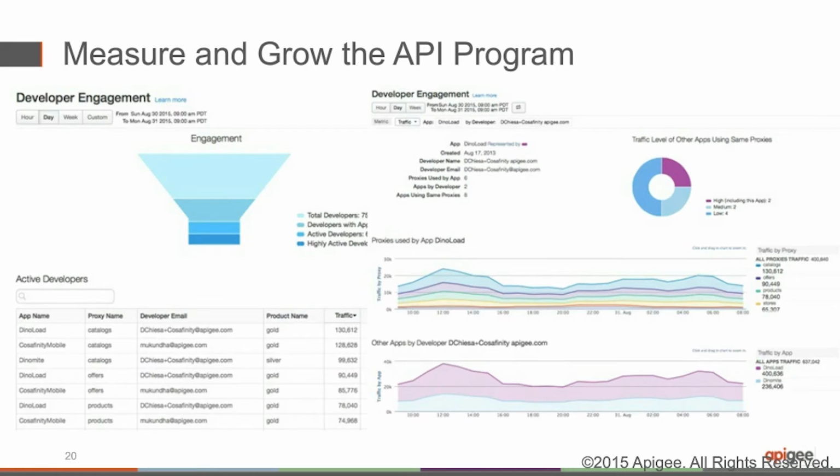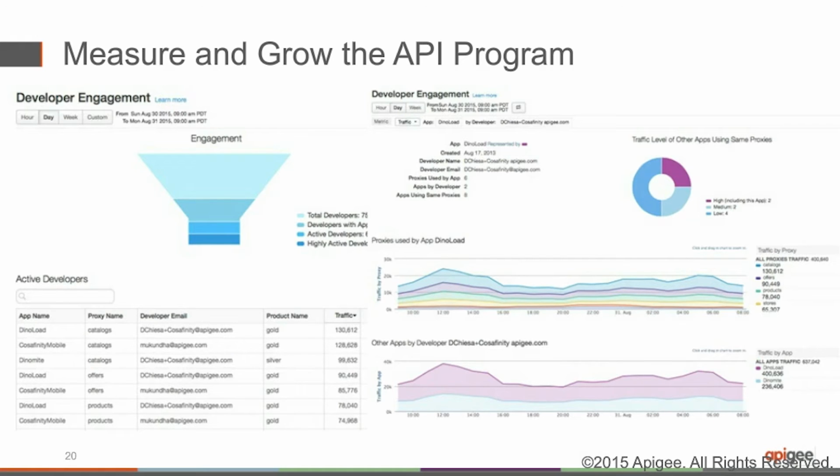So now let's shift towards developers and understanding who's engaging with you and how they're using your apps, your APIs. And so one of the reports that we provide is for you to get a quick view into all the developers that are signed up with your API platform, with your program, to build applications against your APIs. And so you can measure the total number of developers, as well as how many apps the developers have built out,